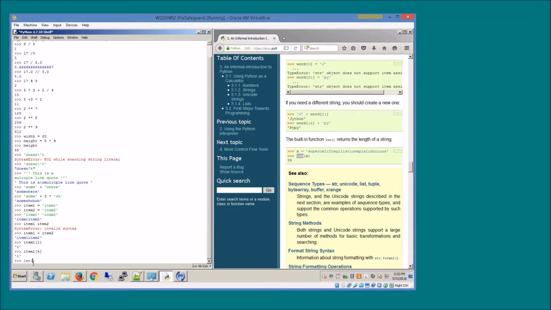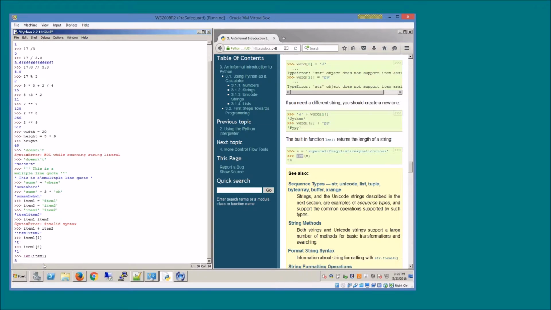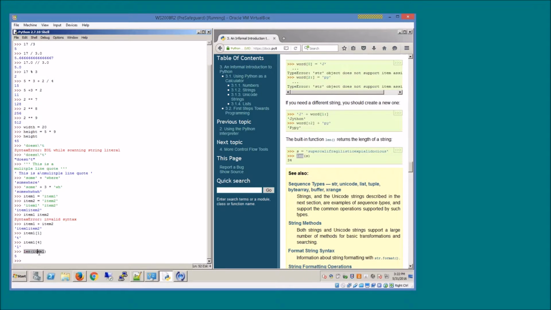Length is a built-in function that you give an object and it returns the length of that object in an integer format. So the length of item 1 is 5. Yes, correct. One of the nice things about the interpreter is that upon typing a built-in function, it will actually give you some of that